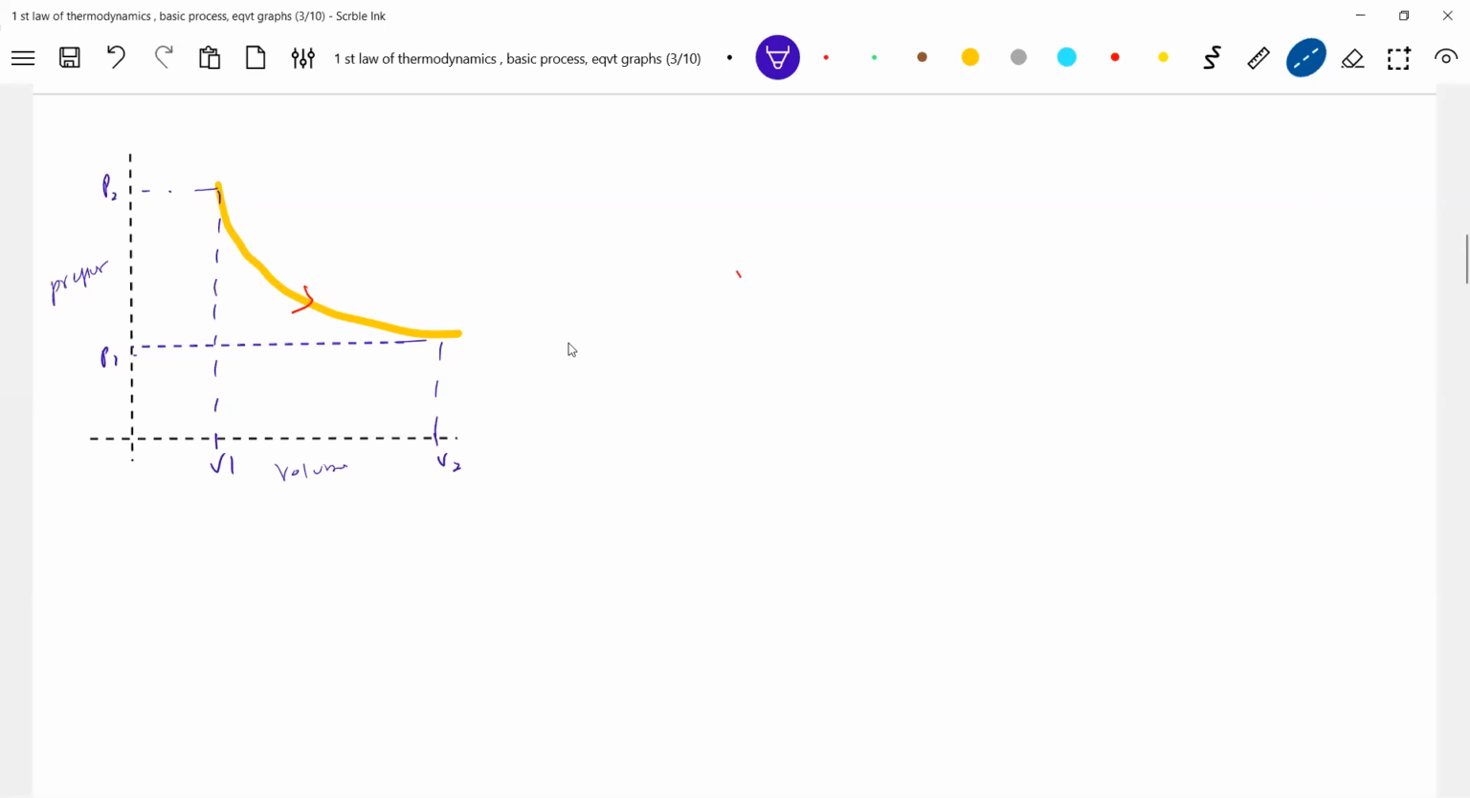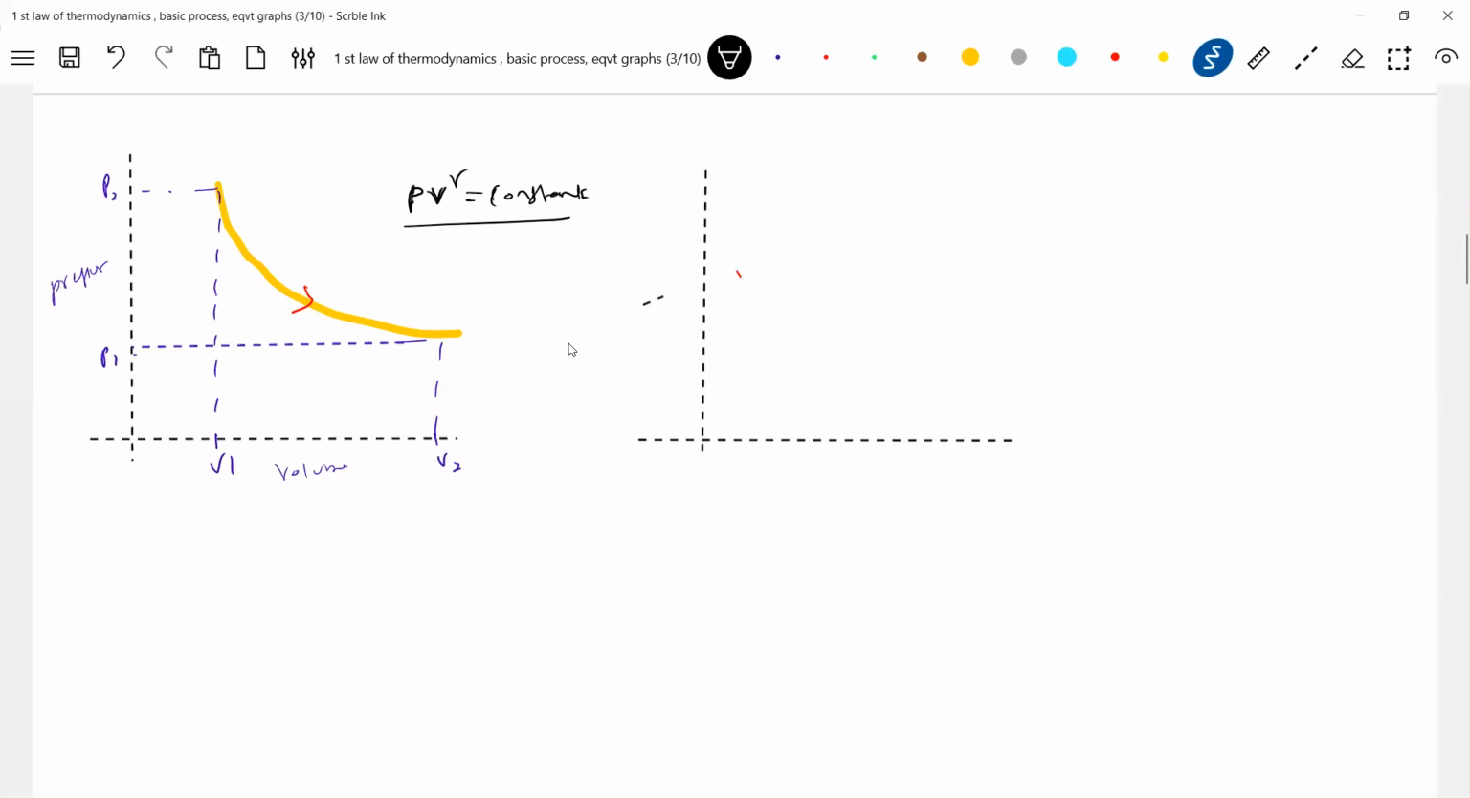The equation will be PV to the power of gamma equal to constant. Okay, this is the basic condition, the pressure and volume. Okay, let's go for similarly how the temperature and volume are related. Temperature and there's the volume. So the curve will be,